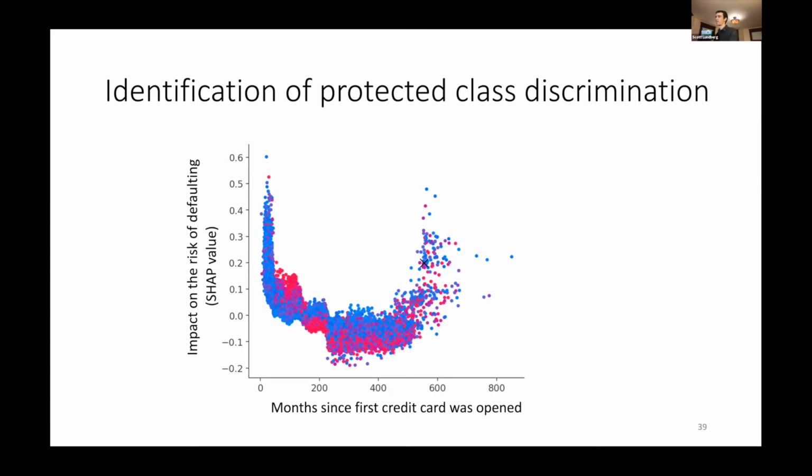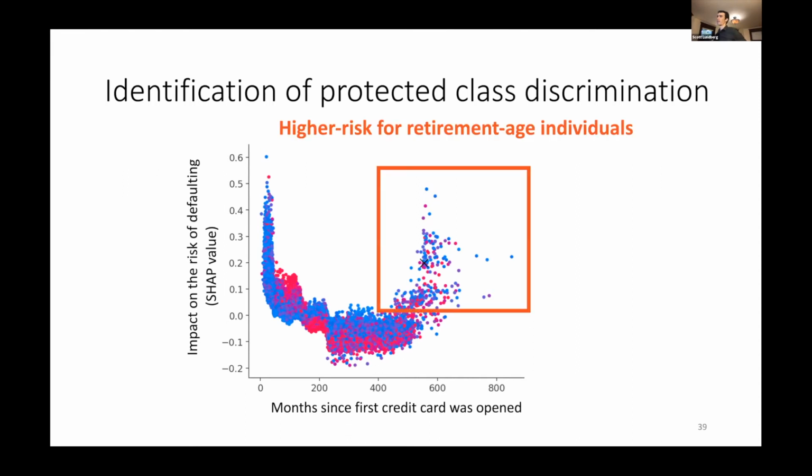And when you come as a human, you can bring your own understanding of how the world works, and you can quickly realize things like, I think what we're doing is we're applying much higher risk for retirement age individuals, because 400 months is about 500 months. I mean, this is about 40, 45 years after your first credit card got opened. That's pretty close. If you add 45 years to 20, if you assume they got their first credit card around then, you're looking at 65 years old. So essentially, we're identifying retirement age individuals based on how long they've had a credit history, which, if you're at all familiar with the financial